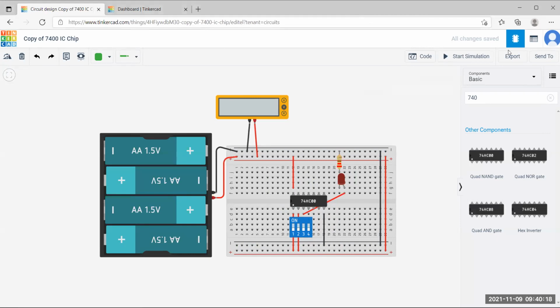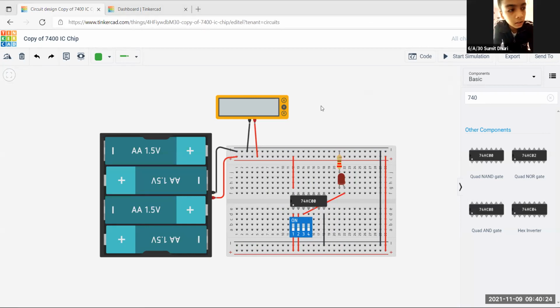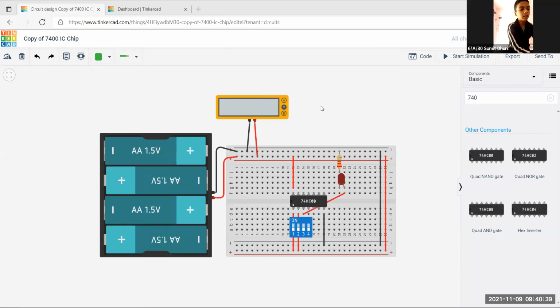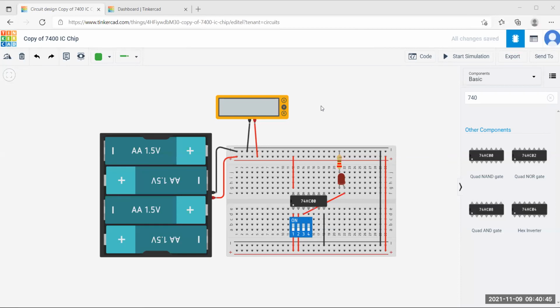One second, Sumit, I'll unmute you. Yes, Sumit. Hello, ma'am. Ma'am, first I have a login in Tinkercad, but now I can see it is coming. You have to log in. Okay, you just log in, remember your password and all. But ma'am, I have used my mother's password. Okay, you can take her email address and password again.